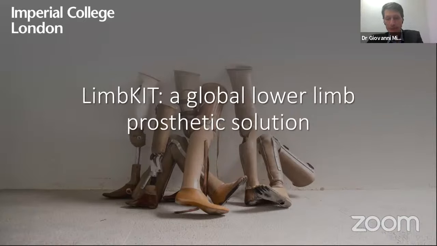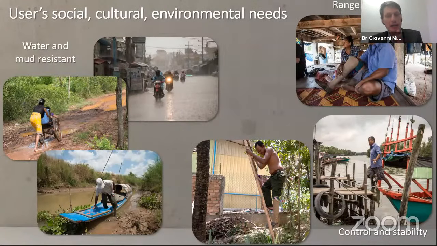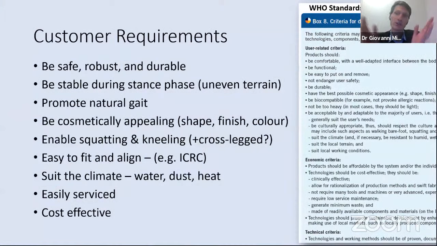following on also with our team in Imperial College. We, as has been outlined by Ian earlier, there's a lot of research going on into the user's social, cultural, and environmental conditions and their needs. These are images from the east, but you can see control and stability, range of motion, water and mud resistance are all critical factors. So if we convert those into user needs, I'm not going to go through all of these in detail, but you can see on the right, this is the WHO standards for P&O, and I would encourage all of you to read them if possible, because they're very enlightening about the actual important factors for global